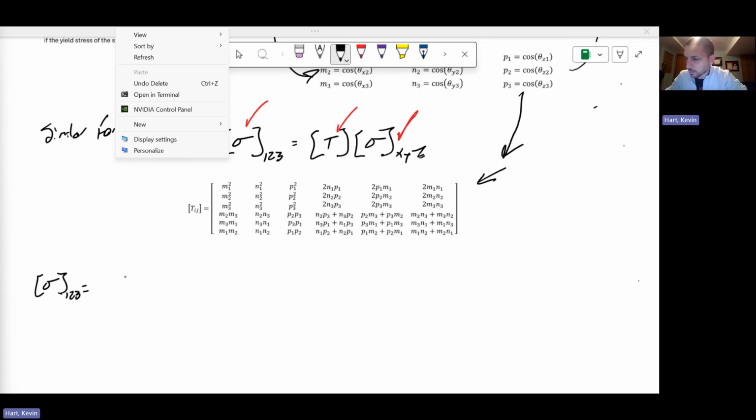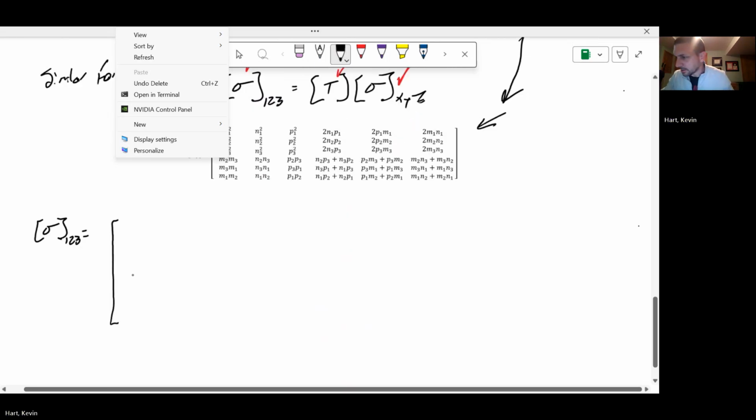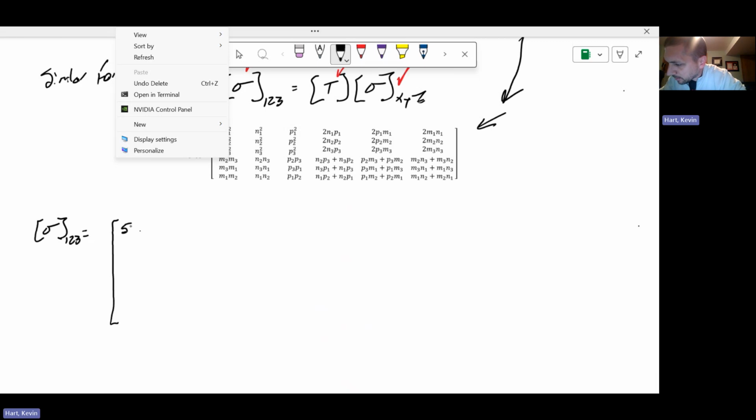Okay, so stress in the 1, 2, 3 coordinate system is going to be the following: 50 MPa, 28.6, negative 23.6, negative 5.2, 9.6, and 63.3. So that is the stress in the 1, 2, 3 coordinate system, and then the strain in the 1, 2, 3 coordinate system